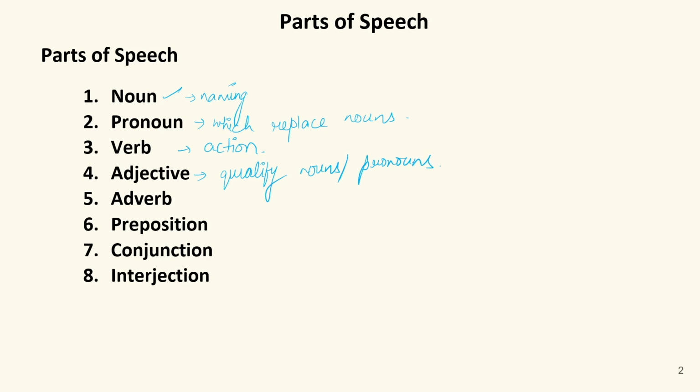It qualifies in any manner. For example, it can state the size, the quality, the quantity, the shape or the color of something. For example, if I say blue t-shirt, the blue is an adjective. If I say he's an Indian, Indian is actually a proper adjective, which is stating the nationality of a person. So Indian is also an adjective.